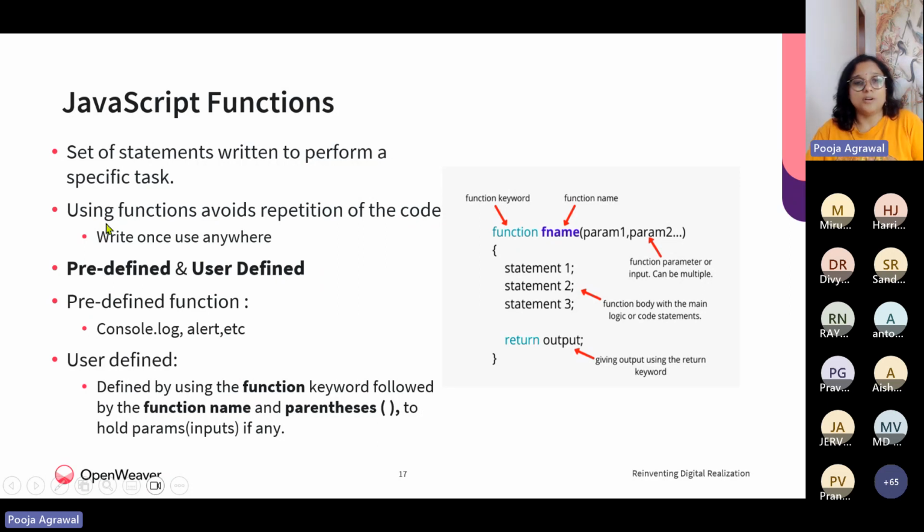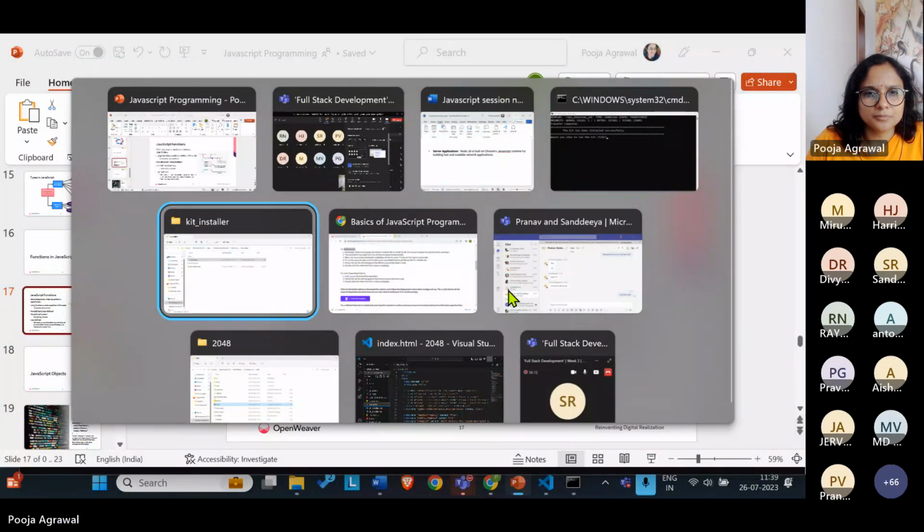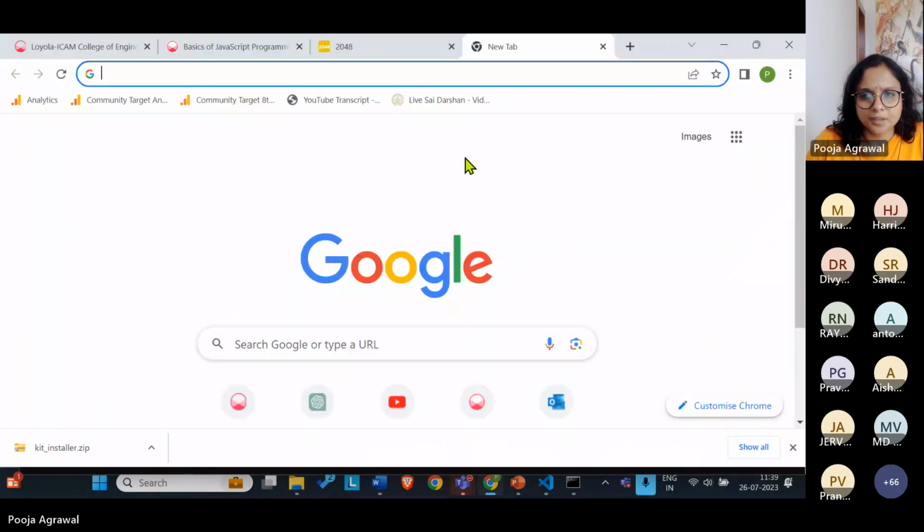What is most important? A function could be predefined or user defined. When we say predefined, let's quickly check two predefined functions in the browser. For that, I would share my screen. I hope my screen is visible.